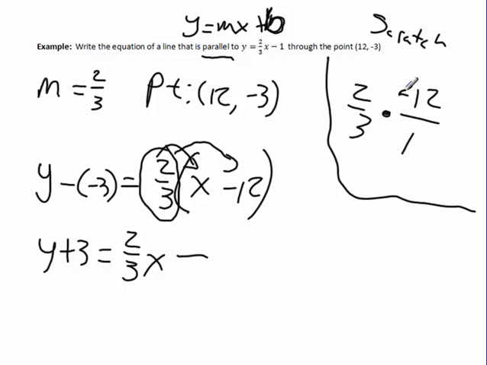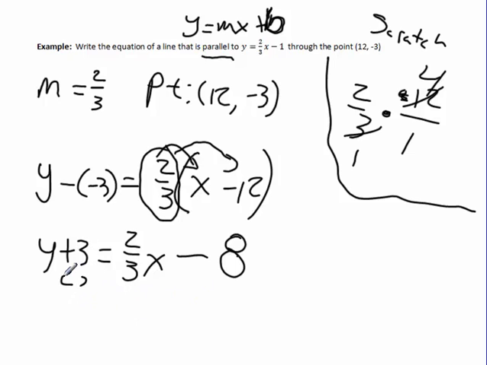The 12 divided by 3 leaves me 1 on the denominator and a 4 in my numerator. Across the top, I end up with 8. And across the bottom, 1 times 1 is 1, so I don't need to write that as a fraction here. To simplify one more step to get it into slope-intercept form and combine all my like terms,